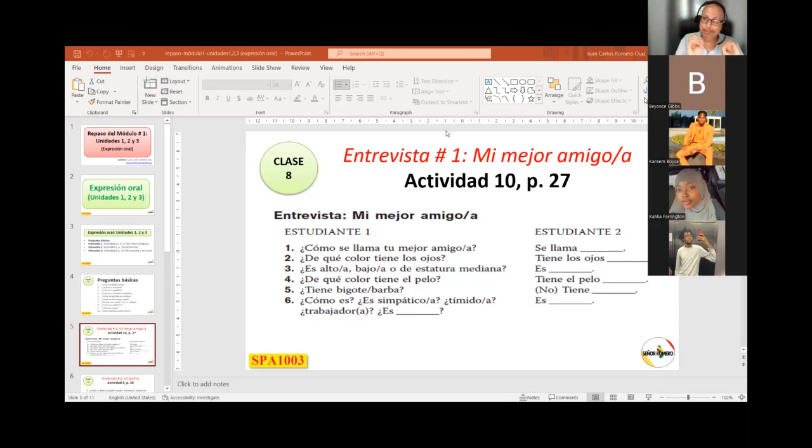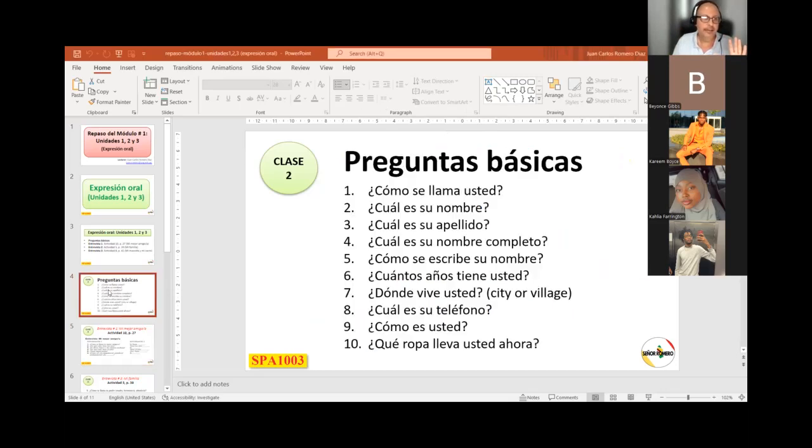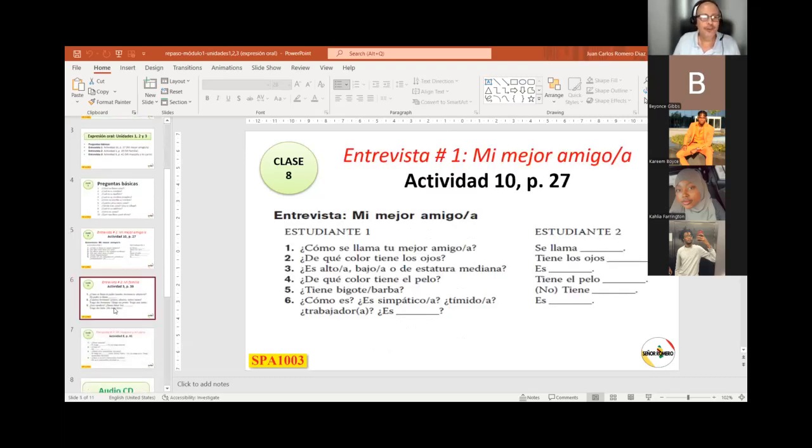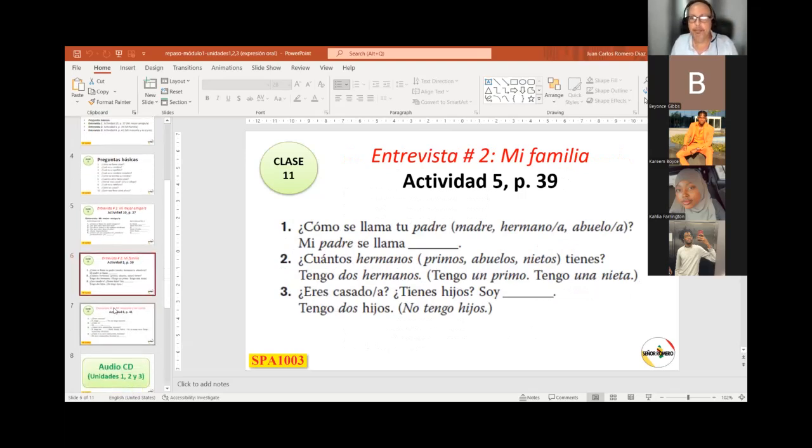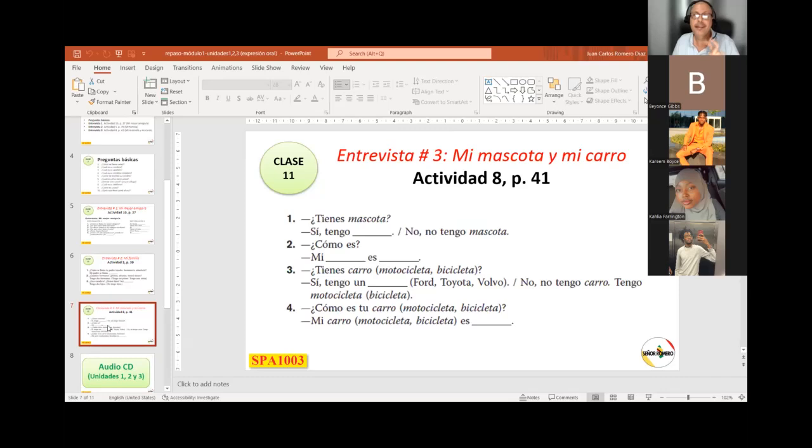Okay. That was the set of questions, guys, from Unit 2 that we practiced already. We had practices already, like these preguntas básicas. That was like from the beginning of the ages. So let's actually move to these two new set of questions from Unit 3. So Unit 3 has two set of questions. Entrevista número 2, mi familia, my family, and entrevista número 3, mi mascota, which means my pet, and everybody has